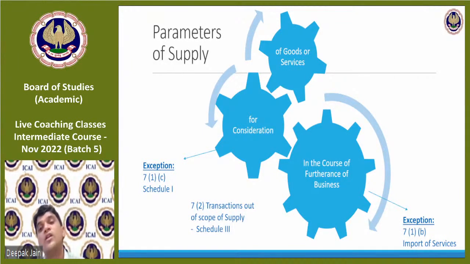Like the government gives you a rental of your building. In that case, is it providing service as a public authority? No, it is just doing so as a commercial authority. So in that case, GST will be applicable. Of course, then you will have some exceptions, but at the threshold level, at the supply level, is it a supply? Yes, it is a supply. Services provided by government as a non-public authority is a supply. So reverse charge basis is basically when we buy goods and services from outside the country, but not necessarily only that; when we procure inside also, reverse charge will come.